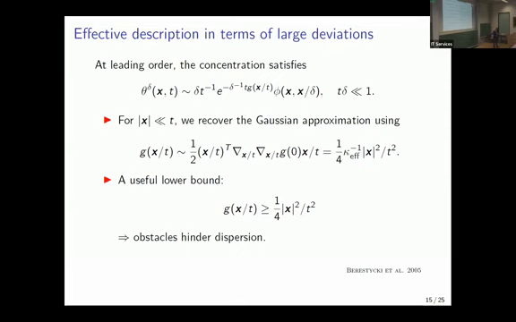And this expression here is basically what you get without any obstacles at all. So this extends what I mentioned earlier, that kappa effective is less than 1 in the presence of obstacles. This tells you that dispersion is always hindered by the presence of obstacles, because the envelope of the solution in the absence of obstacles is